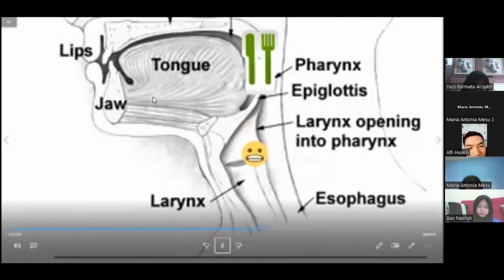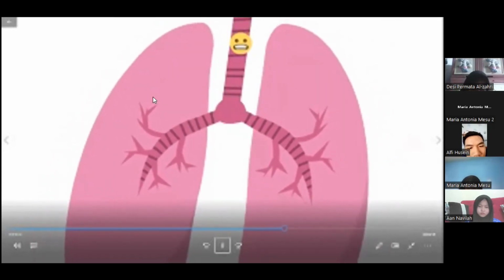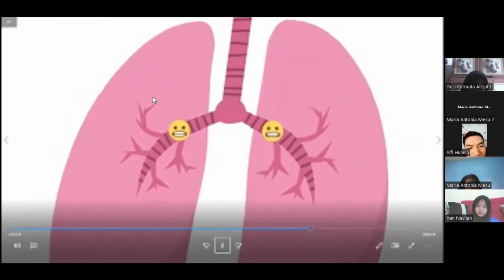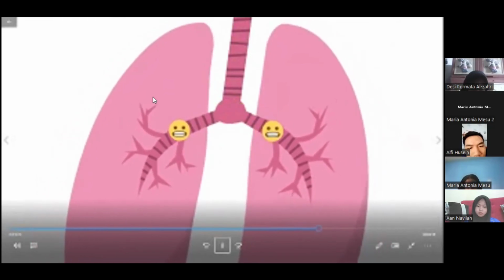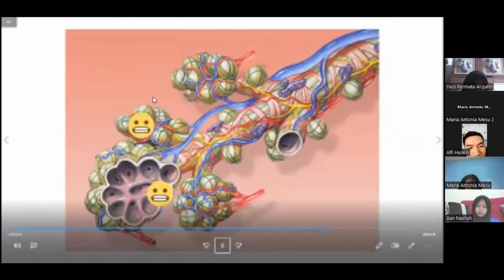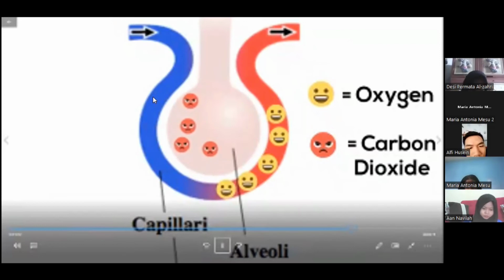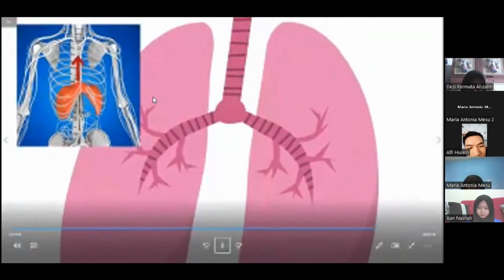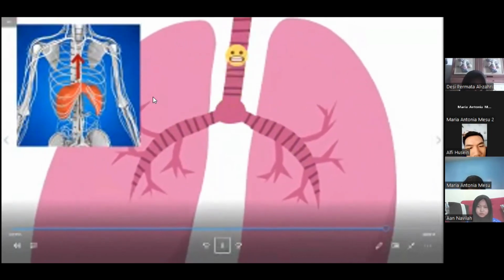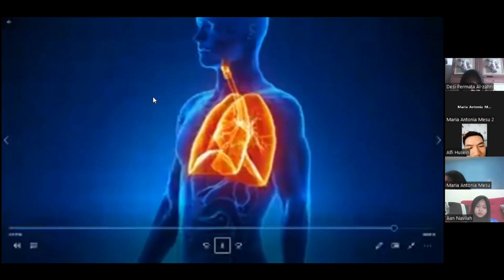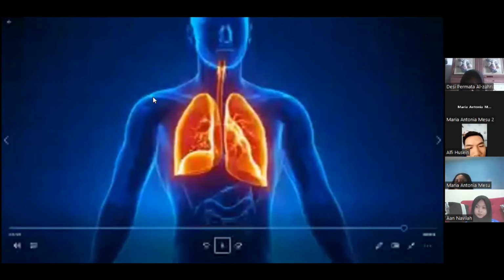From the larynx, air travels to the trachea, which is a rigid tube made of cartilage. The trachea leads into two tubes called the left and right bronchus. These tubes continue to branch until you reach a tiny air sac called an alveoli. At the alveoli, oxygen diffuses into the capillaries and carbon dioxide diffuses into the alveoli and is exhaled. As you exhale, the diaphragm moves upward and carbon dioxide and some air flows out. So there we go, how the lungs and diaphragm work together in order to allow you to breathe.